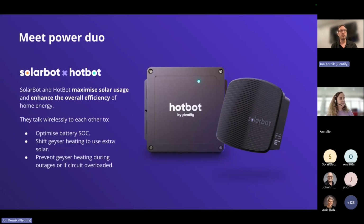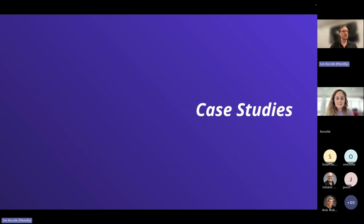But of course, the real power comes in how these two products work together. We like to call them our power duo. And really, it's the wireless communication between Solarbot and Hotbot, and the way that they can coordinate in tandem with your solar system to make best use of solar capacity and protect your home from overloads or outages at the same time. So let's go into some case studies, make this a little bit less theoretical,